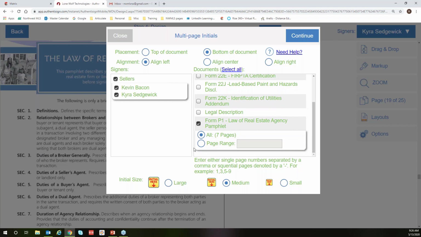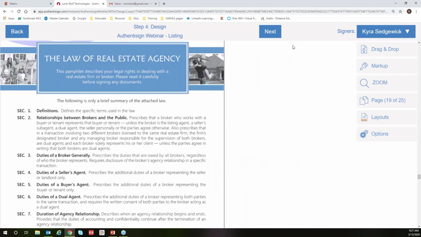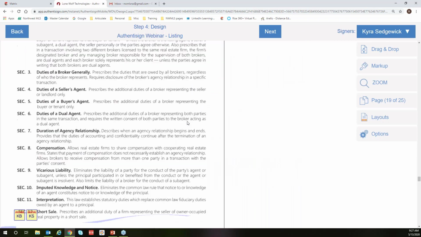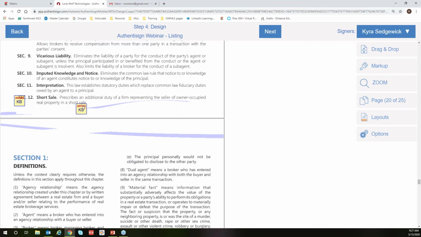And then when you click that, it says, okay, I know that there's 7 pages in there. Do you want to do all 7 pages, or do you want to do a page range? And if you did page range, you could click 2 through 6, 3 through 6, or whatever page range you needed of this particular document. For now, we're just going to do all 7. And then when you click continue, okay, you scroll down and there are those initial boxes. So you do still have to go through and right click and add the date stamp,